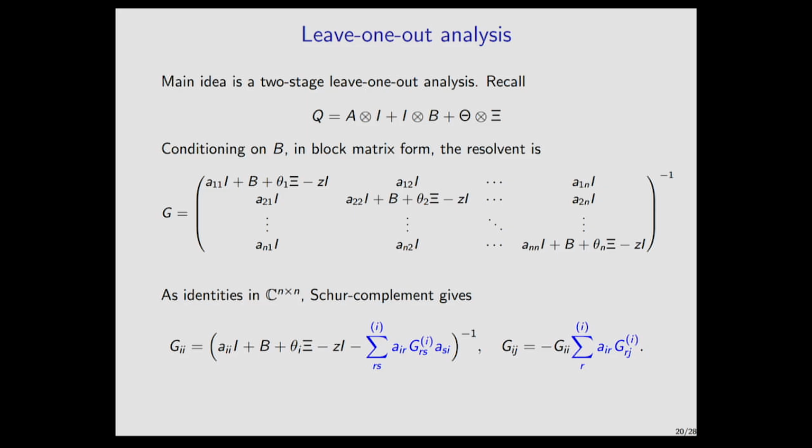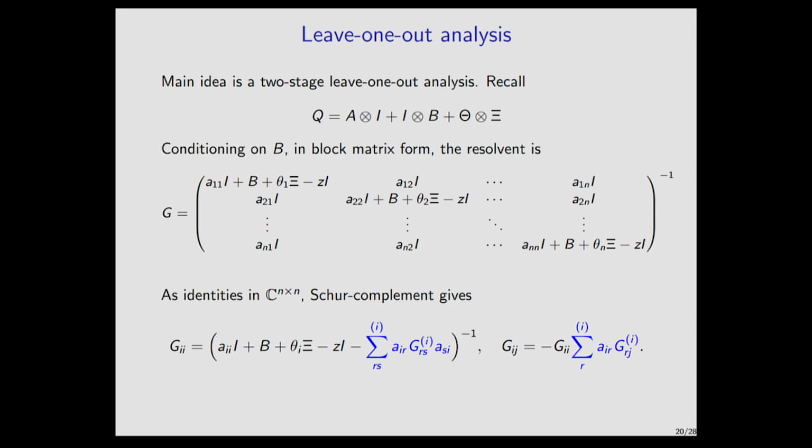And if I leave out the ith row block and the ith column block and apply your usual Schur complement identities, you'll get these kinds of identities for the resolvent: the ith block of the resolvent is the inverse of this kind of a Schur complement quantity, and then the off-diagonal ij block has this expression here. Okay. So I've highlighted in blue the two terms that we need to analyze. So in usual scalar matrix models, the way this analysis goes is you apply some concentration of this bilinear form. You apply some concentration of this linear form. In particular, when you apply concentration to this first block, you'll get back the trace of the resolvent. And then if you average over i, you'll get a fixed point equation in the trace of the resolvent, right?